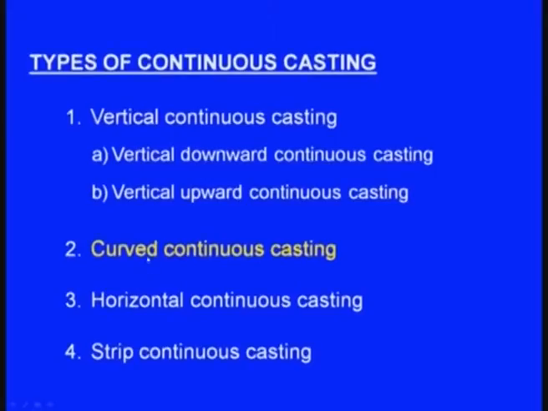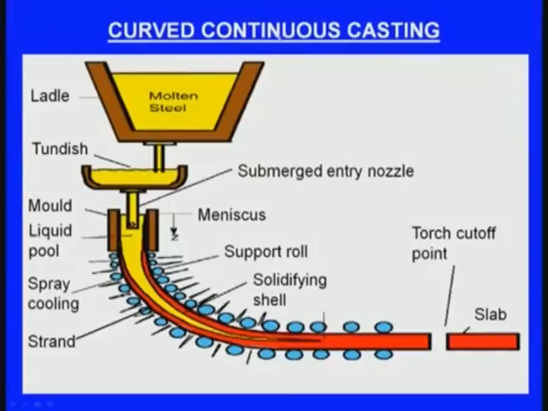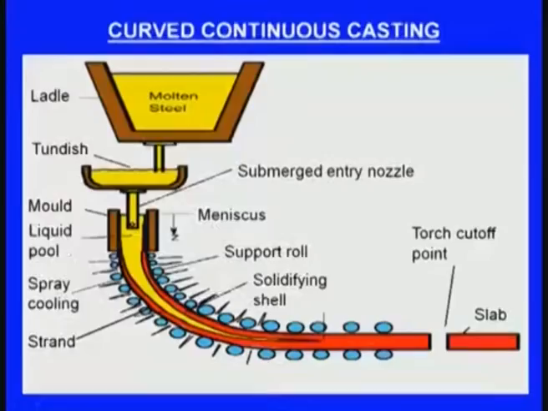Next one, let us see the curved continuous casting. So, we have completed the first category, now we will see the curved continuous casting. The schematic looks like this. It is similar to the vertical downwards casting, but there is a difference. In the case of the vertical downwards casting, the bar only comes downwards, but it does not bend, it does not take any curve. But here, the molten metal from the tun dish comes downwards to some extent, then it will take a curve and it becomes horizontal. That is the curved continuous casting, and the principle is almost similar to the previous ones.